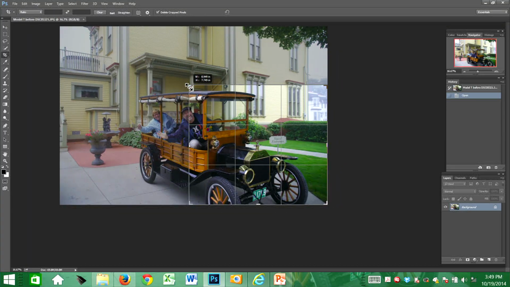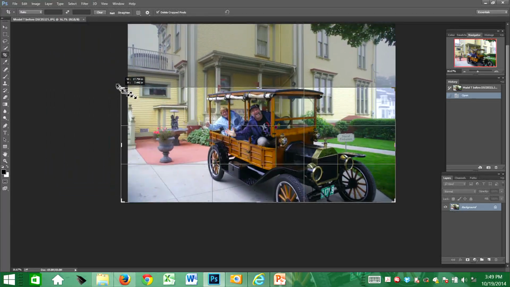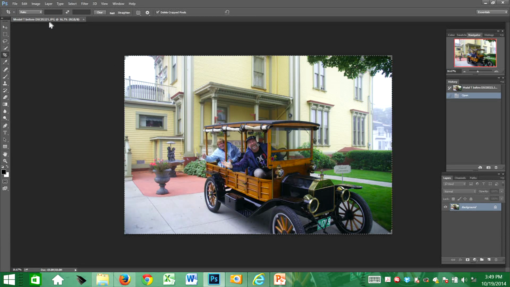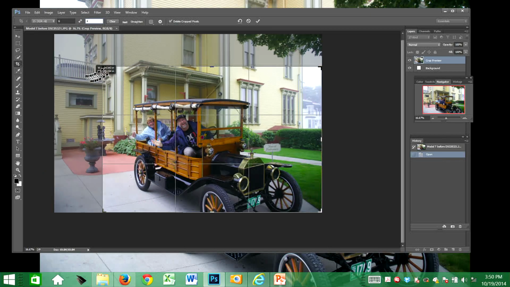Notice I can make this any proportion I want. Long and skinny. That's not always good when you're going to be making prints of this. Whenever you crop it and you have prints as your end result, you want to make things proportional to 4:6. And so instead of leaving the cropping nice and free like this, I'm going to cancel what I'm doing, and I'm going to enter some dimensions into the spaces in the crop above. You can define your ratio to be 4:3, which is proportional to 4:6. So if you enter the dimensions of your final product, no matter what you do, it's always going to be